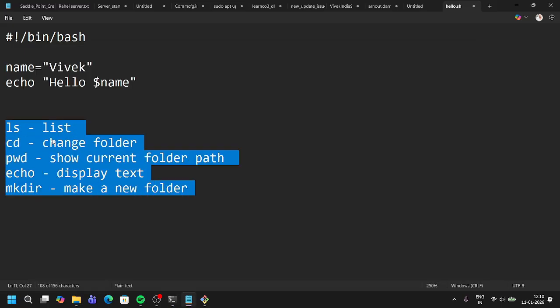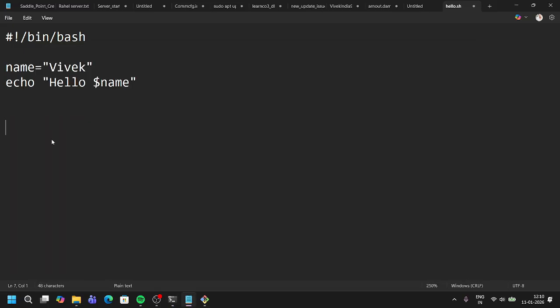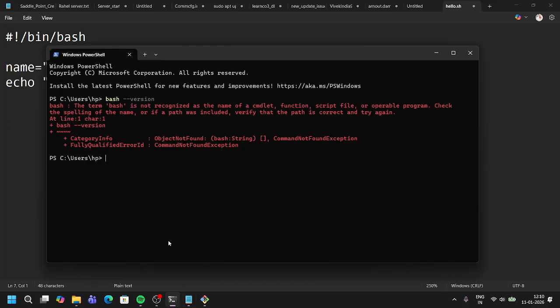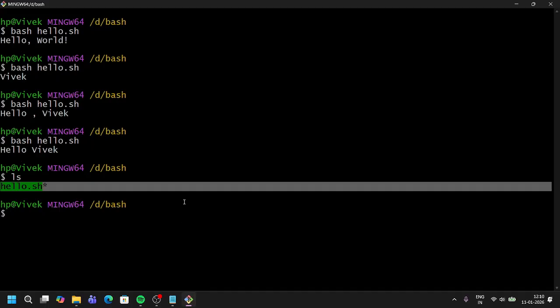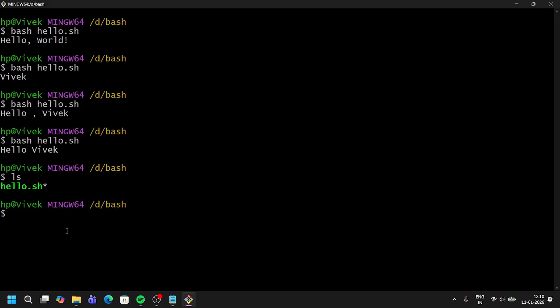Let me cut this file, and if I give cd here, cd means it will change the directory. Let me close this and I will open the bash here. So cd and mkdir, and I have already shown you echo, which you use for displaying text. Now let me use pwd.